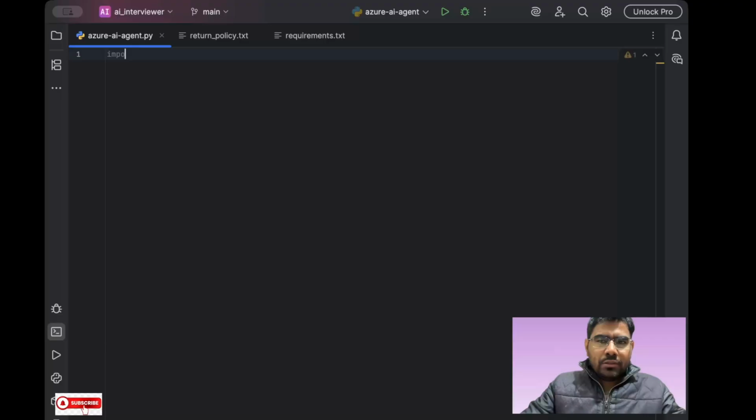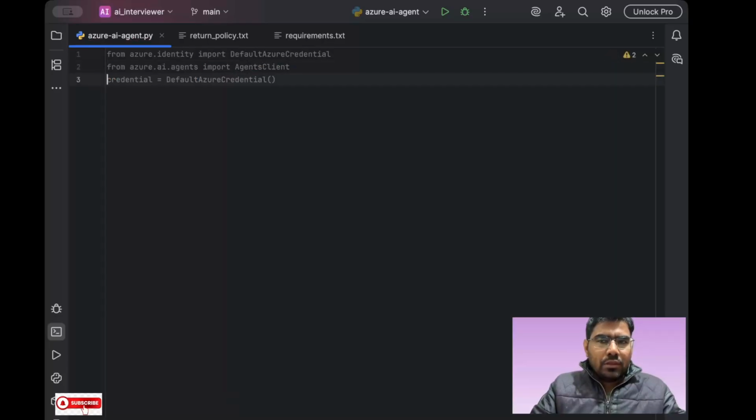First we need Azure identity. So from azure.identity, we'll import DefaultAzureCredential. Then we need the Azure AI Agents client. So from azure.ai.agents import AgentsClient. Then we need file purpose, file search tool, code interpreter tool, message role, and tool resources, all of them, because we need to create an agent where there would be